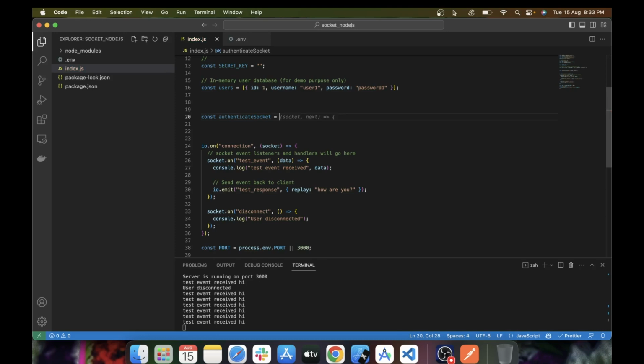Now let's create a function to authenticate the user and then add some logic in it.